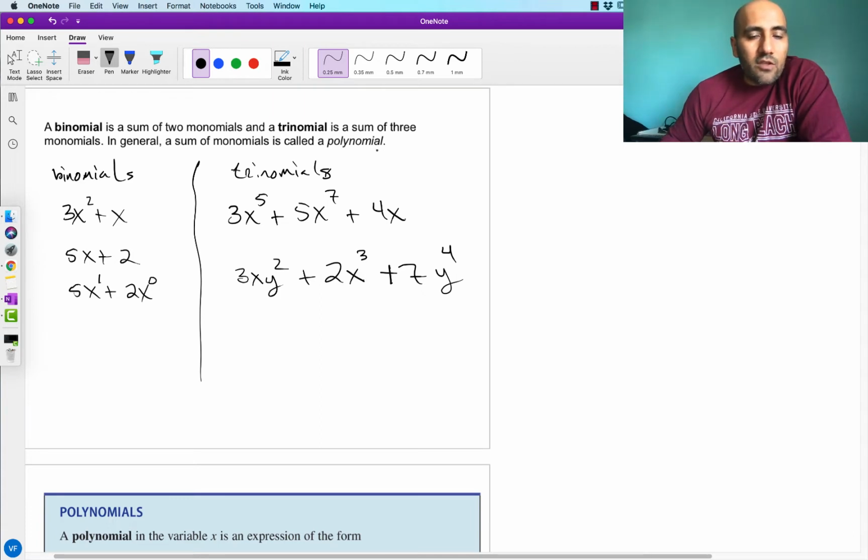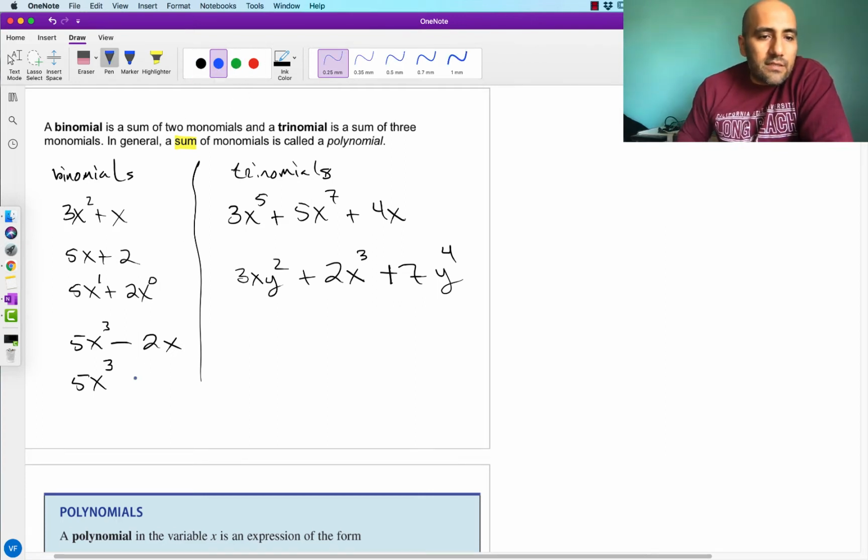No matter how many you have, as long as it's an addition of one or more monomials, you'll have yourself a polynomial. Okay, so the definition says the sum of monomials, right? So what happens if we have a subtraction going on? What if we have 5x to the 3rd power minus 2x? Here we have a subtraction. Is this a polynomial? It is, but we have to use our algebra skills, or arithmetic skills really,